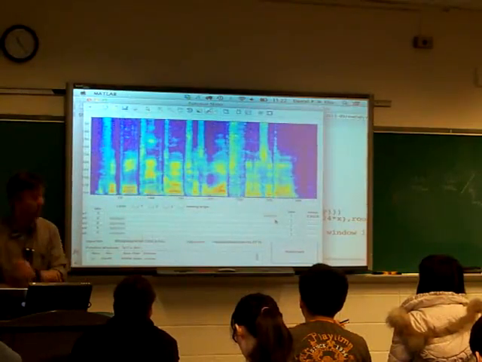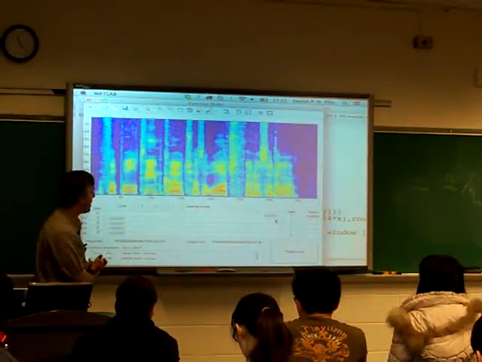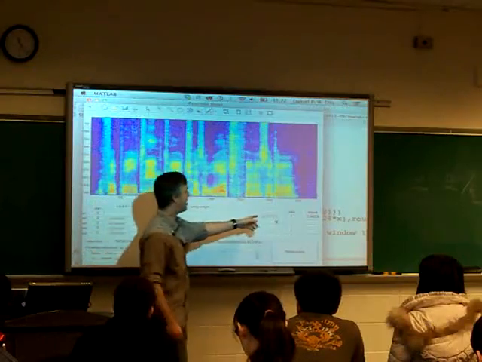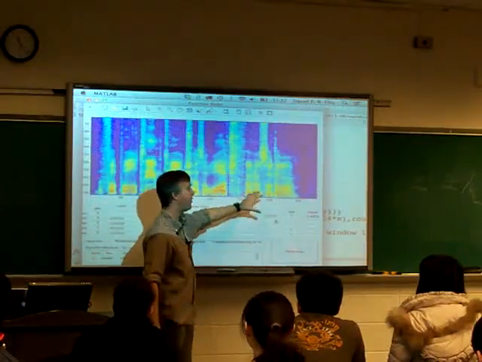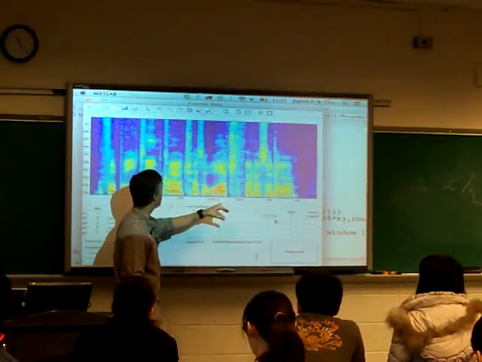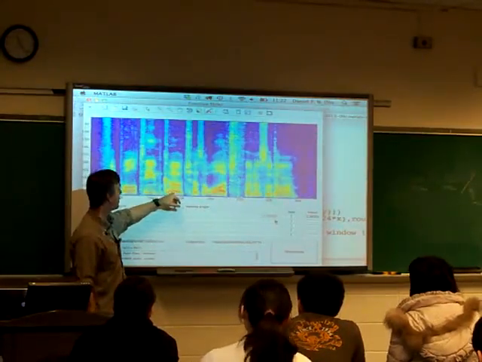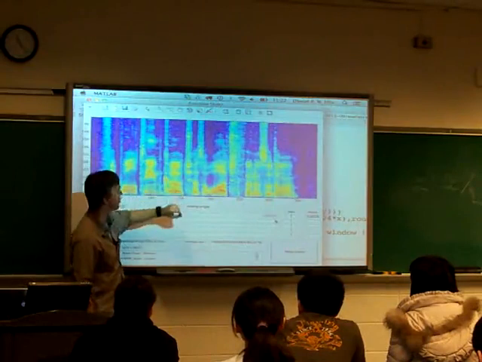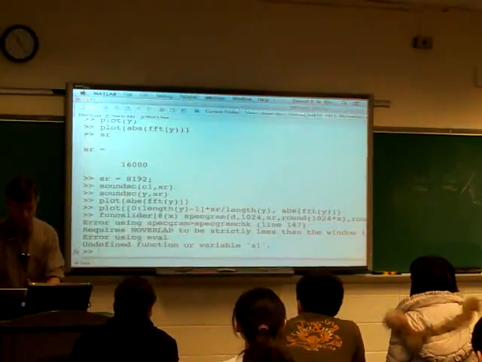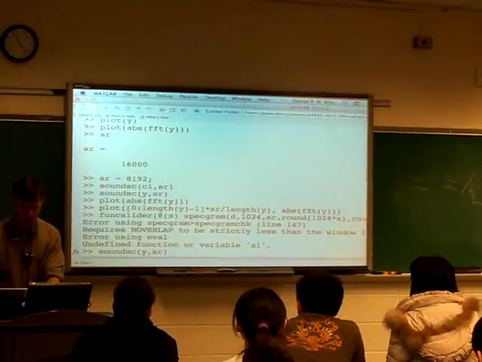So over here I've got a long window. I think it takes this number and multiplies it by 1024, and that's the window length. So here with a long window, you can see we've got this very nice display with all these clear, well-defined harmonics. Here the pitch of the voice is dropping slightly. If I play you that speech, that signal,